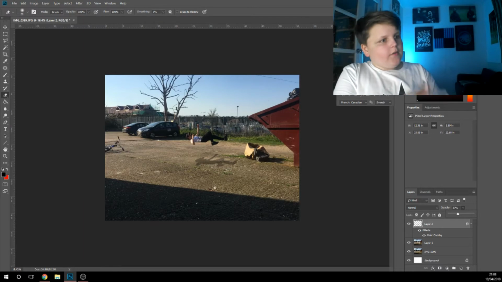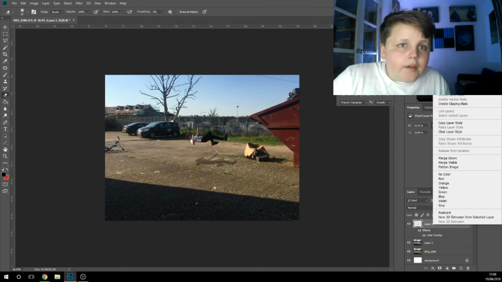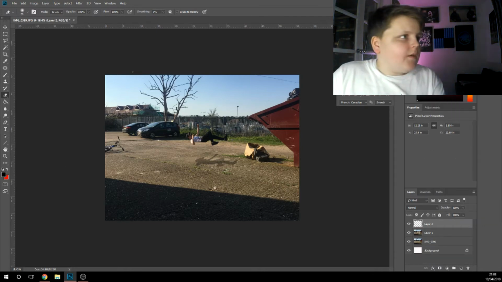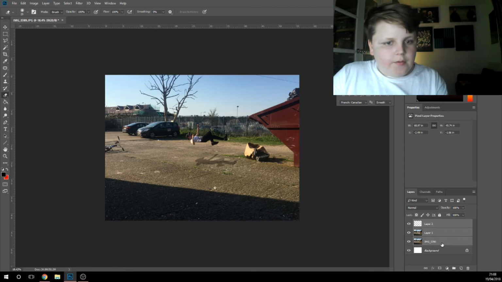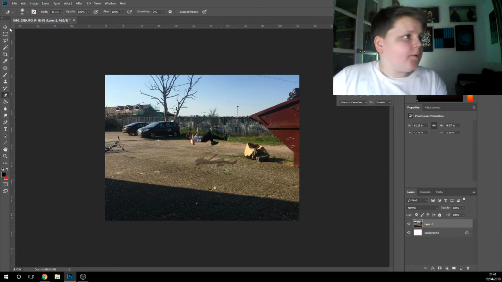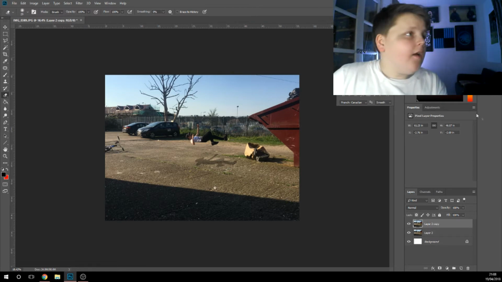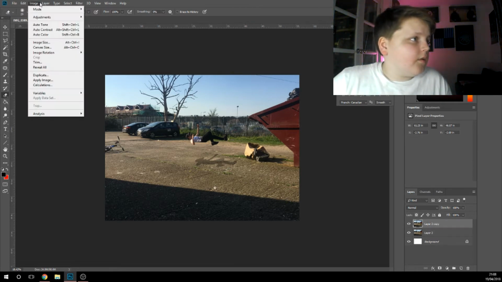Boom, it's looking nice. Now what I'm going to do is rasterize that layer. And I'm going to group these two layers by holding shift at the top one, holding shift, clicking the bottom one, and then clicking merge layers. Now I'm going to make a new layer. I'm going to duplicate the layer by pressing Control J, and then I'm going to come up here and go